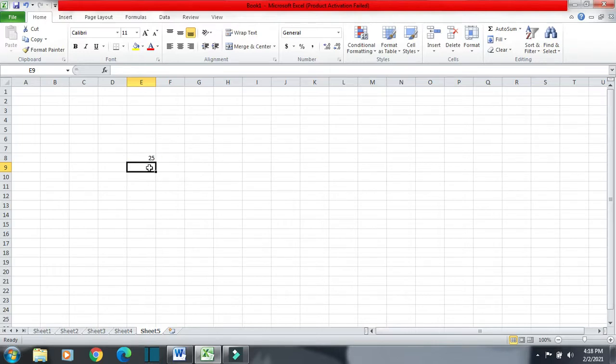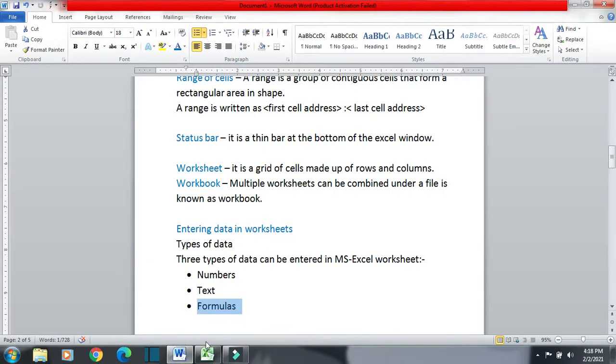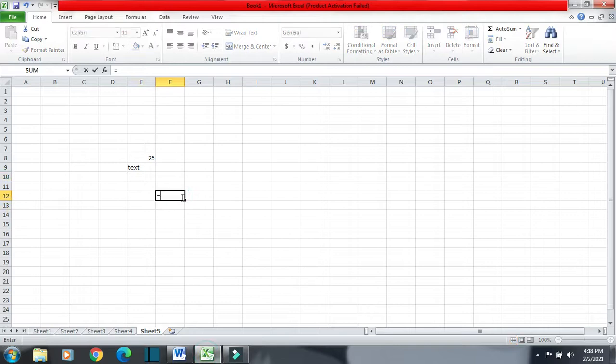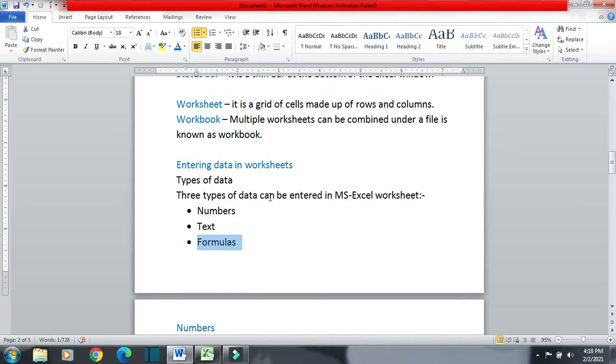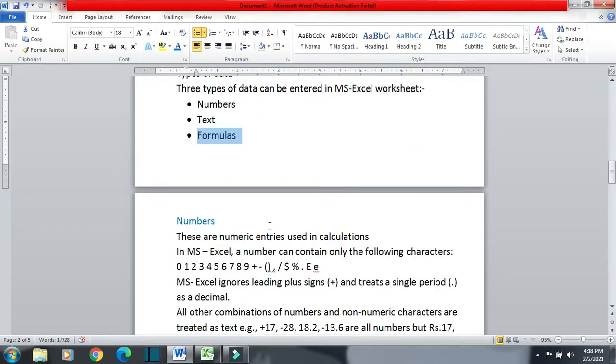Now I have entered text, and text is left aligned. And then I can enter a formula also. For example, this one is a formula, B3 plus B4. So three types of things we can enter in a cell in a worksheet: numbers, text, and formula. First of all, we are going to study numbers.